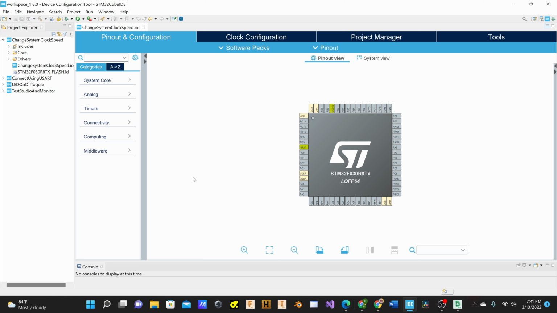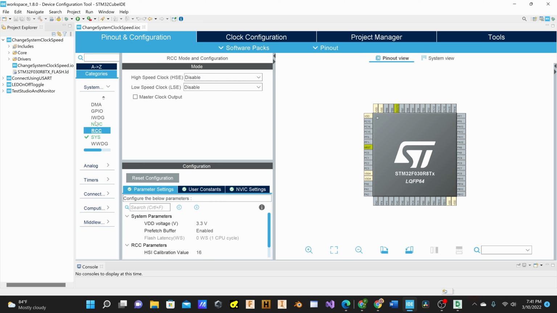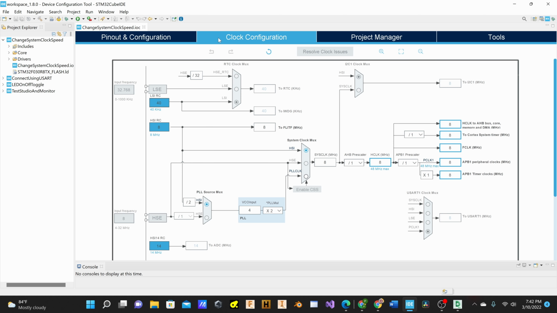Okay, so there are a couple ways you can change the system clock speed, and that is using the clock configuration and the pinout and configuration. So you can take a look here and go to the RCC, and there are some parameters you can change. I'm not going to be doing any changes in here, but when I get into doing the high-speed external clocks, I will go into this. So I'm going to go straight into the clock configuration, and this is actually a pretty simple graphic